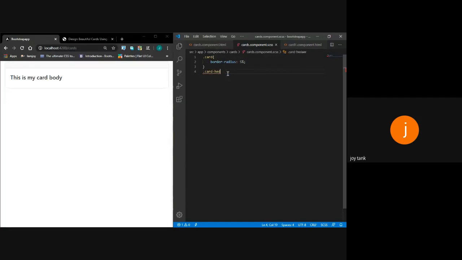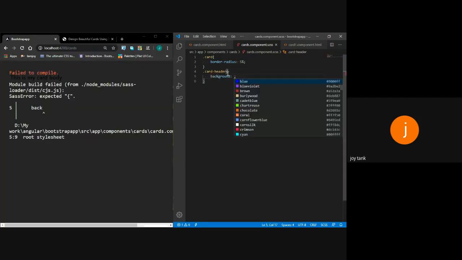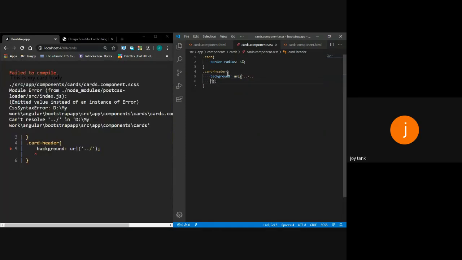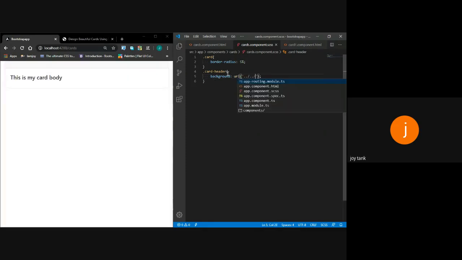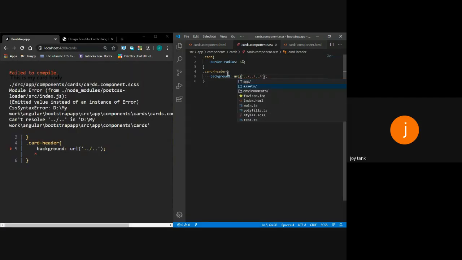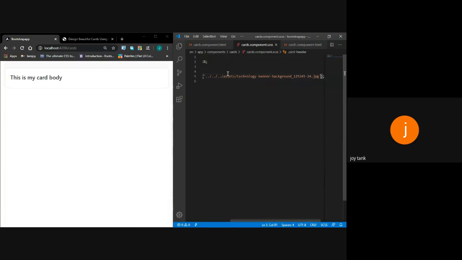Then I want an image in my card header. I will use this card and give a background image with this URL property. Then I will use this image within this card.